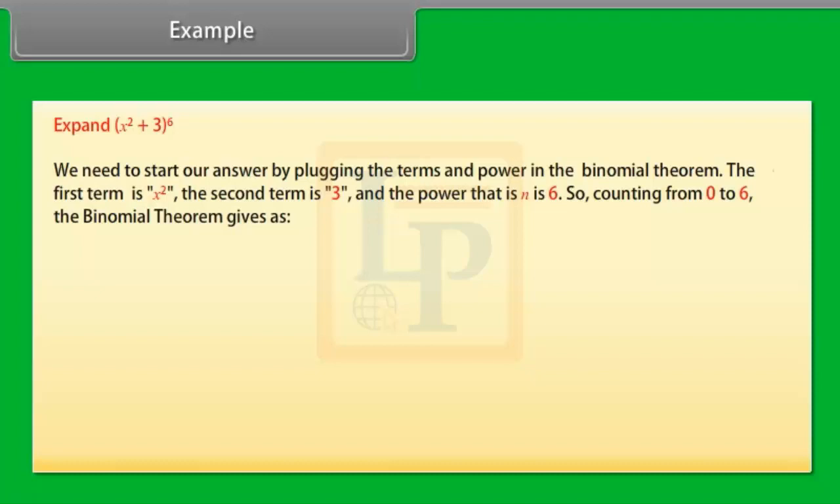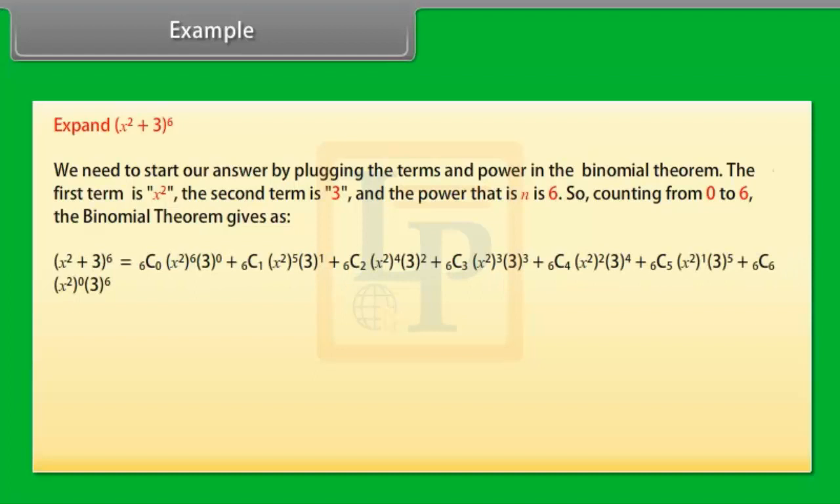Example: expand (x^2 + 3)^6. We need to start our answer by plugging the terms and power in the binomial theorem. The first term is x^2, the second term is 3, and the power, that is n, is 6. So, counting from 0 to 6, the binomial theorem gives (x^2 + 3)^6 is equal